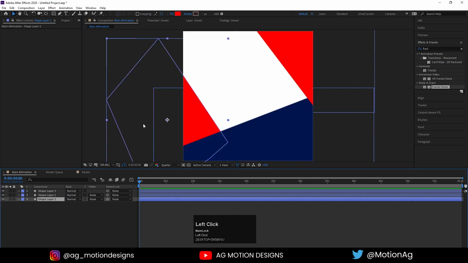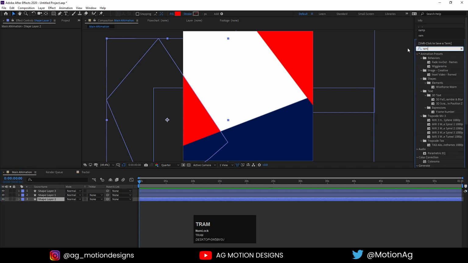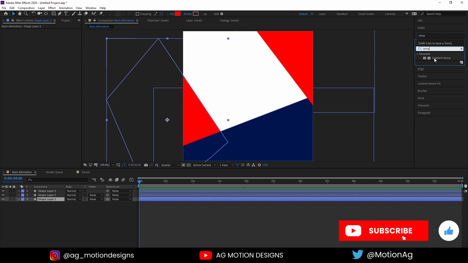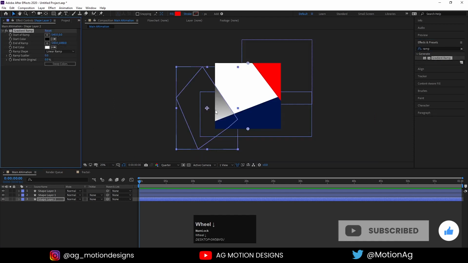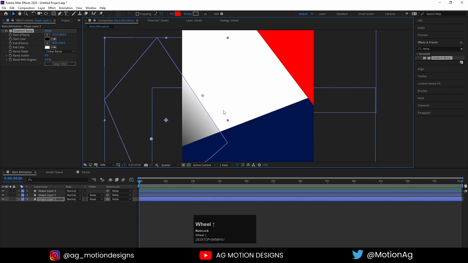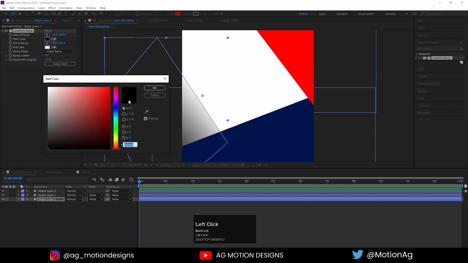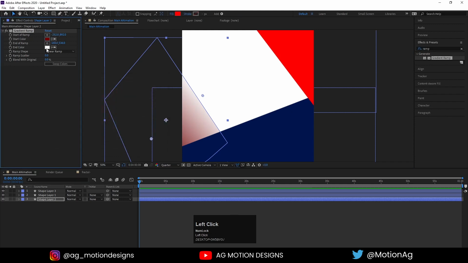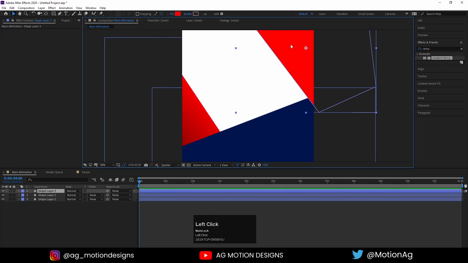Make it fit. Now select this layer, go to effect and presets panel and apply ramp effect, which is also known as gradient ramp. Double click on it. As we can see, we have these two handles over here. I'll drag one over here and one over here. Now we need to change the color. Instead of black, I'll choose a little bit darker red, and instead of white, I'll choose, just by using this hand picker, this color. Select this gradient ramp, hit Ctrl C, select this layer and hit Ctrl